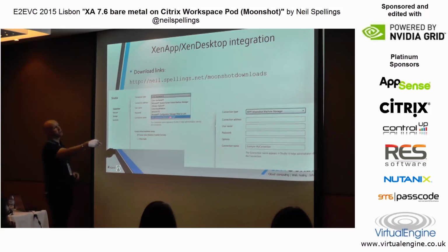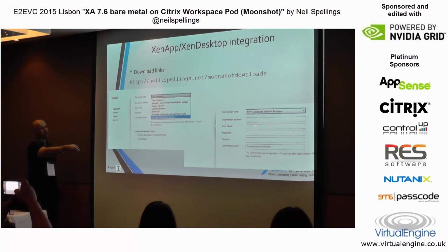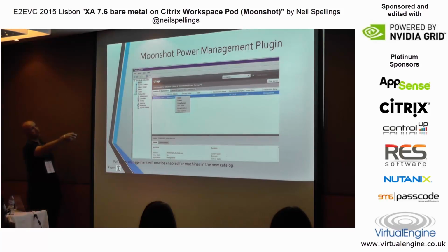It does have the connection type in here of Machine Manager. You give it the chassis manager details, so the IP address and your credentials. That will allow you to do things like power control from within Studio. So you can restart and shut down cartridges within Studio, which will then talk to chassis manager and say, shut down that cartridge, which will then call the...